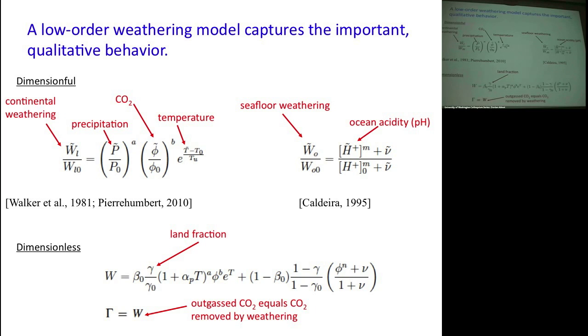And then this assumption, if you have a closed system, I'm calling the outgassing gamma, the big gamma. Little gamma is land fraction, big gamma is outgassing. It's never going to come back in for the rest of the talk because I'm just going to assume there's some constant outgassing that doesn't depend on where the planet is in the habitable zone or anything else, surface temperature of the planet. I'm just going to set that to a constant. And the constant outgassing has to equal the weathering. So that's how you get a closed system.